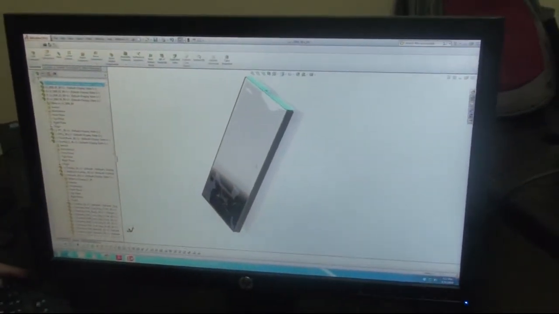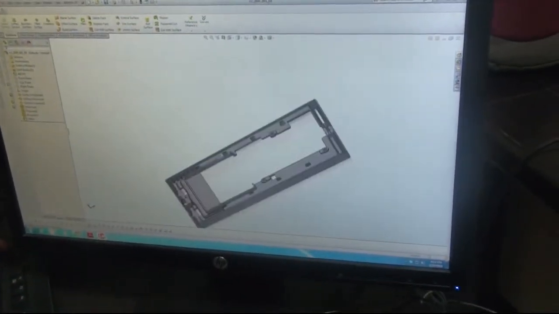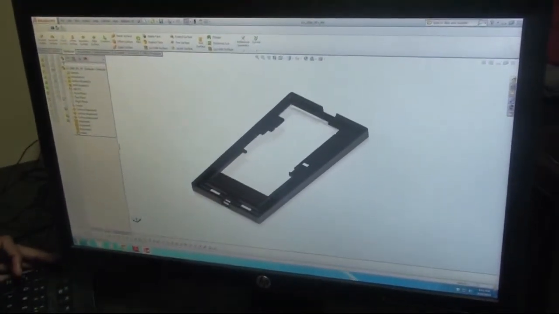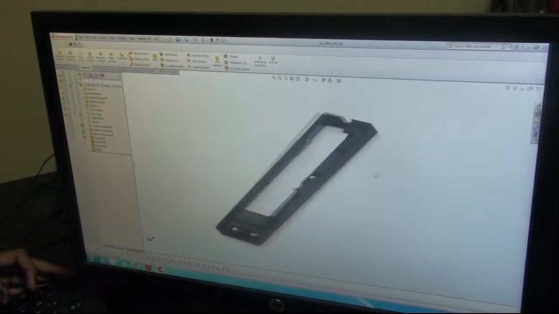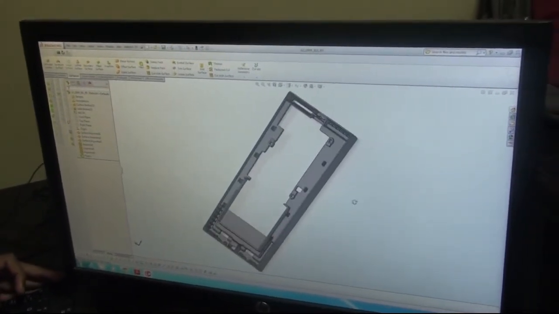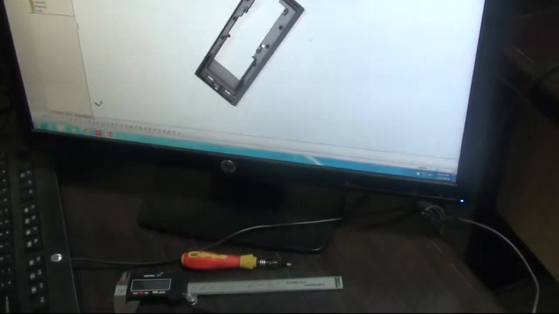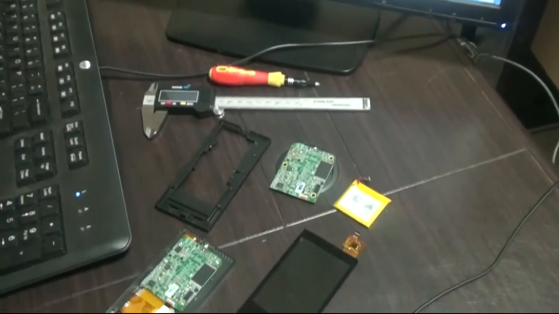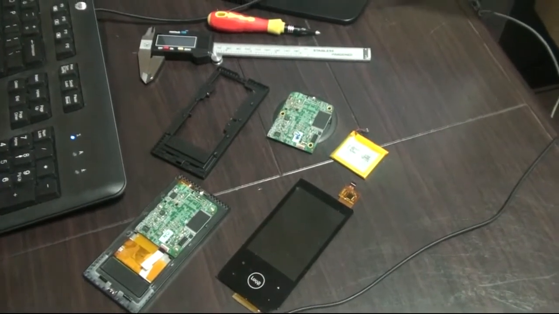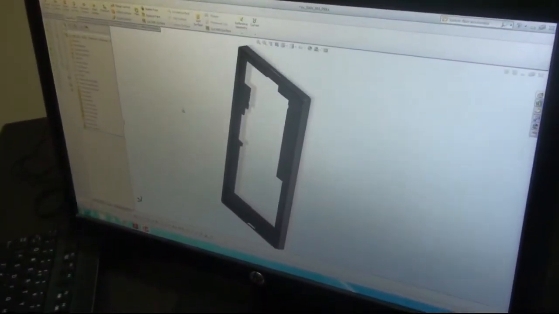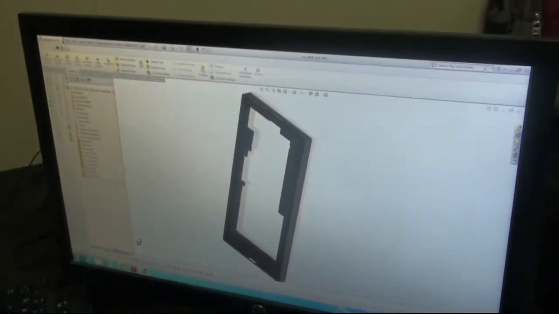Now the frame is made out of ABS. The reason is that it has to be tough enough to withstand all the shock loads, and also provide a good amount of strength to the LCD screen. To understand what kind of strength is required, we do FEA. FEA is a tool wherein we can simulate physical forces and get results from that. I'll show you a simple FEA here.